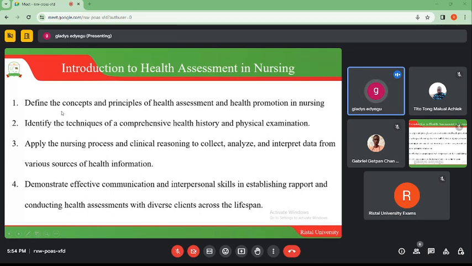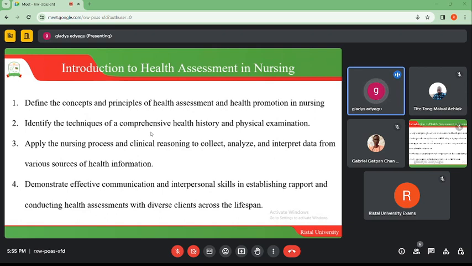Define the concepts and principles of health assessment and health promotion in nursing. Then we also need to identify the techniques of a comprehensive health history and physical examination of a patient. Then we have to apply the nursing process and clinical reasoning to collect, analyze, and interpret data from various sources